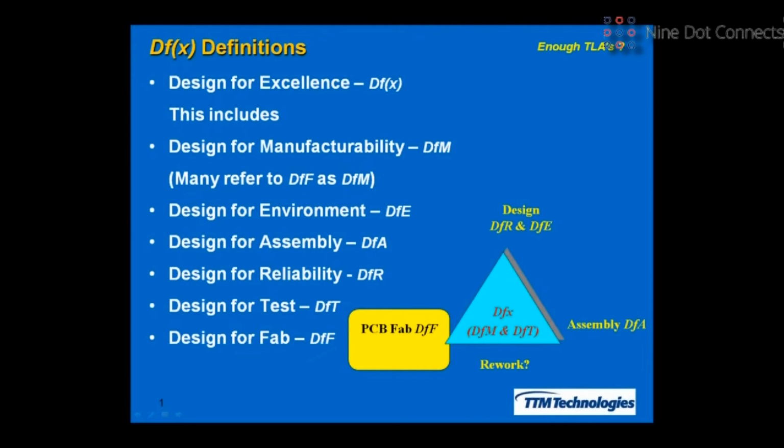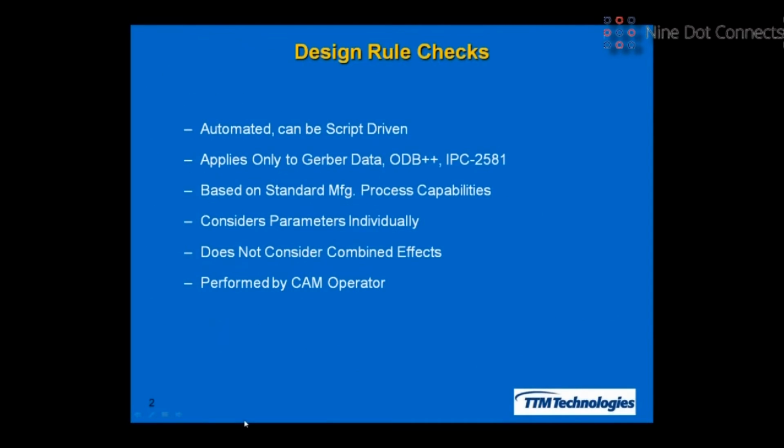Okay, so let's start out with the first thing when the data comes through for the DFM. Your fabricator typically does something called a design rule check. It's an automated, script-driven process that typically only applies to Gerber, ODB++, and the data as it's coming in. And it's kind of a 2D review. It really considers parameters individually, and it doesn't really consider combined effects. And usually on the fabrication side, it's a CAM operator, computer-aided manufacturing, where they basically are running this automated script